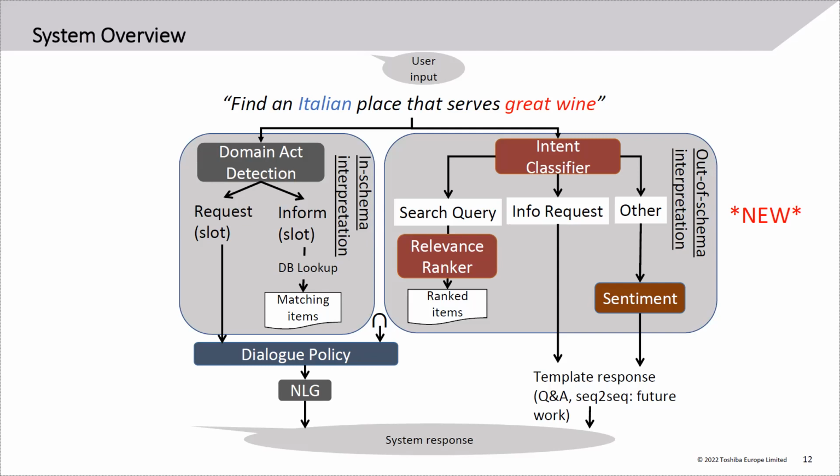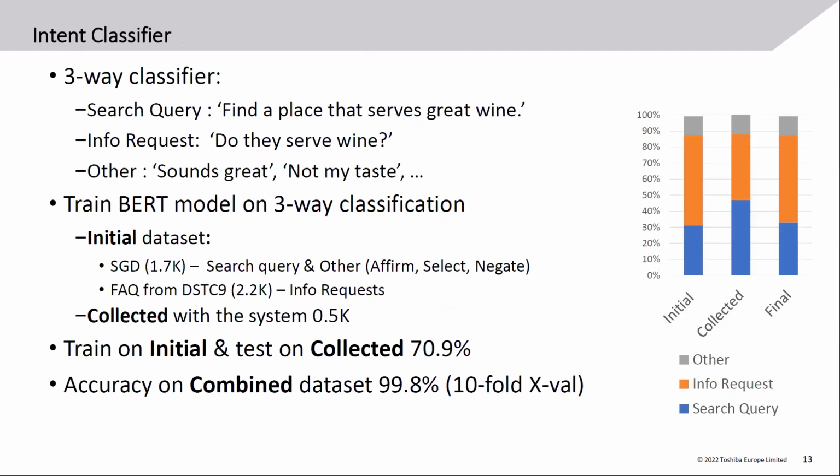Info requests are utterances that request information about the restaurant, and at this moment we would normally handle them with a question answering component, but at the time of evaluation we did not have that yet in the system. So the 3-way intent classifier distinguishes between a search query, such as "find a place that serves great wine," versus information requests, such as "do they serve wine," versus something else that the user can say, such as "sounds great" or "not